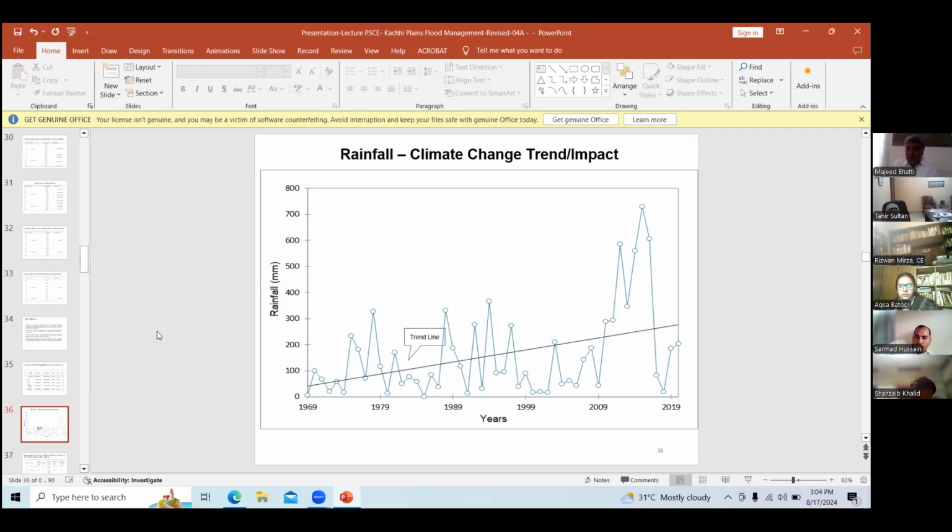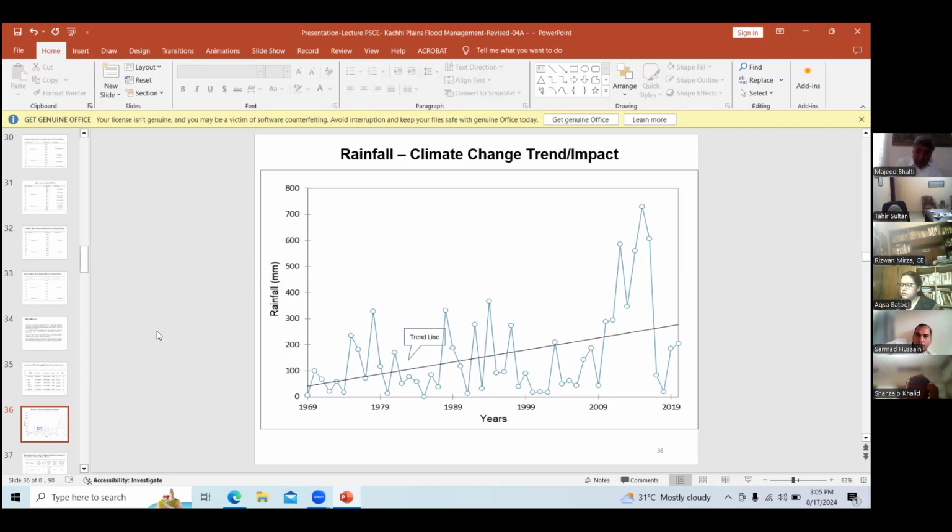So this graph is very, very important, as it shows the impact of climate change in the area. Huge water is coming from the hill torrents, and it is badly impacting the area at the moment because there is no management of these hill torrents. There are no proper schemes available that can utilize this flood water. This is very precious water because Baluchistan is scarce of water, and there are many droughts in Baluchistan. So in drought days, you can use this water, which is huge in quantum.